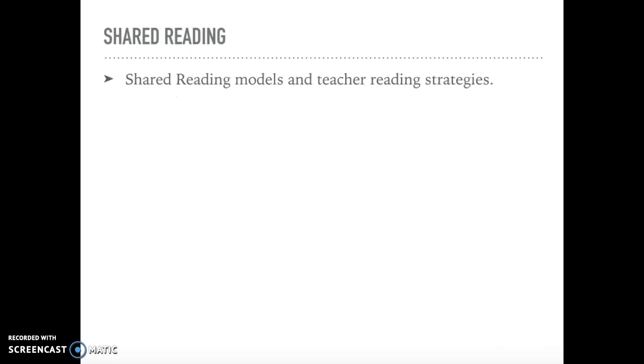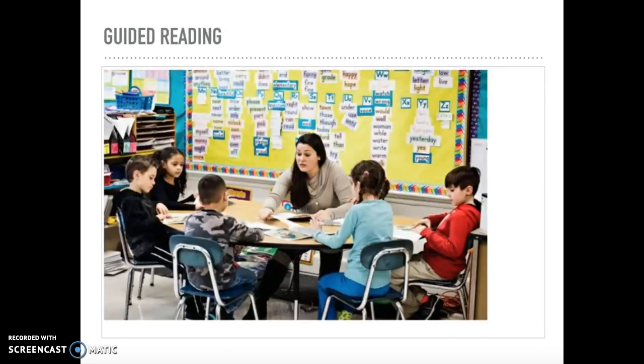Shared reading models and teaches reading strategies. This is done by providing readers who may struggle with extra support, and it can build their fluency. Guided reading is when the teacher gathers 4 to 5 students that are at the same reading level at a table in the shape of a rainbow. The teacher will ask questions about the reading prior to, during, and after the reading. This allows students to think beyond the text.